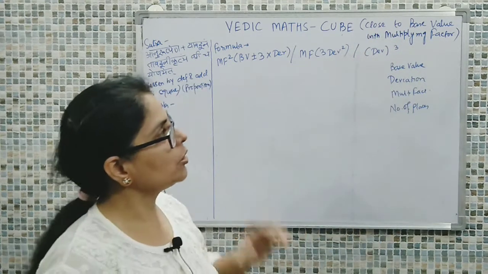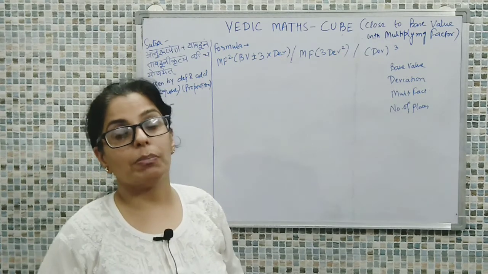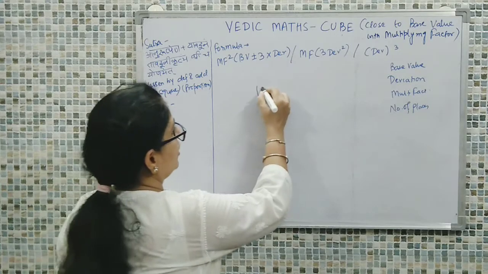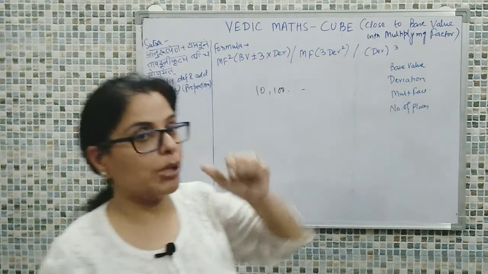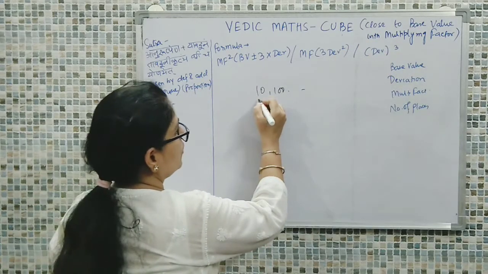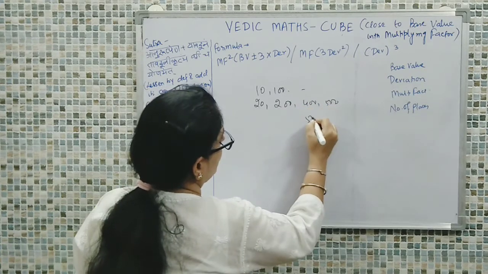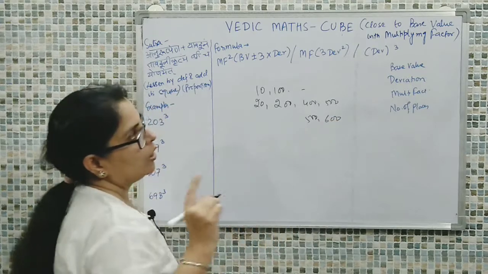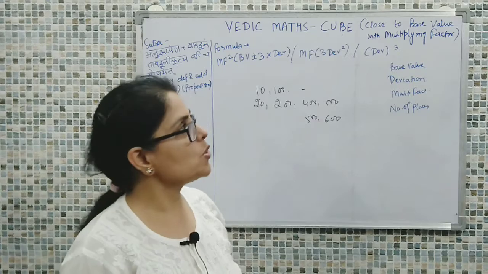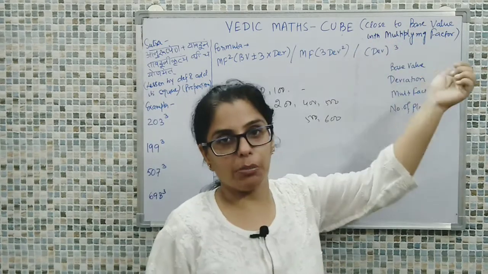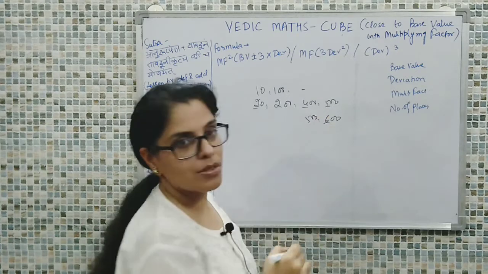Now let me come to the terms I have used. The base value is the reference value, a power of 10. Powers of 10 means 10, 100 and so on. And when I say with the multiplying factor, it means that instead of 10 it may be like 20, 200, 400, 500, 5000, 6000. So the examples in this discussion will be numbers close to a base value with a multiplying factor, and the multiplying factor here is 2, 4, 5 and 6, right?